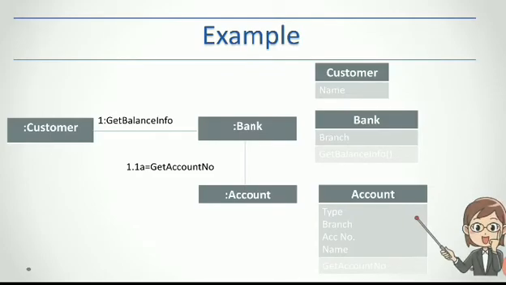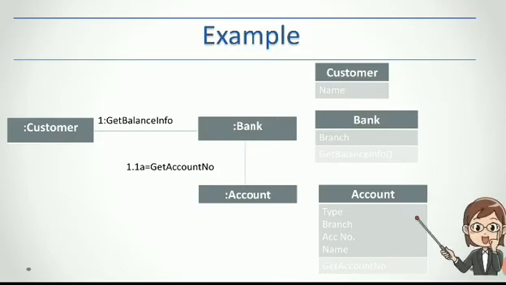So this is how the information expert pattern works. The name information expert is given because that particular class has enough information to fulfill the requirements of other classes. Again, there are benefits of the information expert class. Information expert also supports low coupling as well as high cohesion. So these are the two benefits, and that's why information expert and creator pattern play an important role in design patterns.